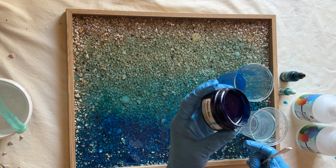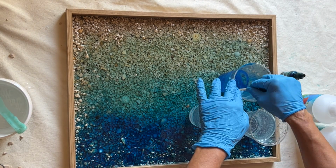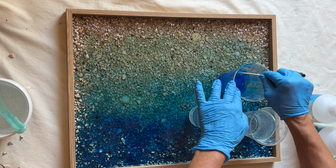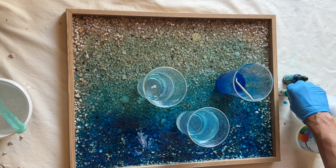The first pigment she's using is just Resin's Phthalo Blue, and she puts a small amount onto a wooden stick and adds that into her cup of resin. She mixes that in and then moves on to her second cup, which is going to be a mixture of